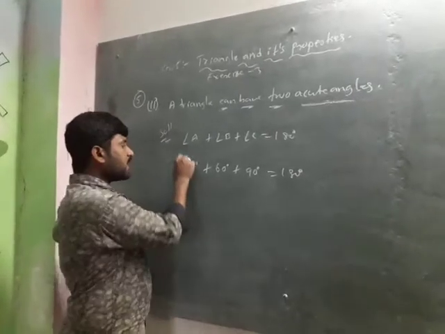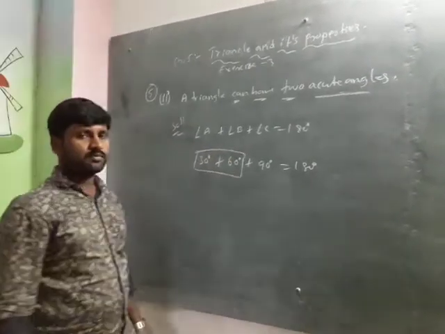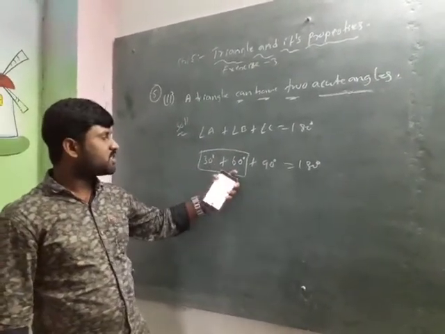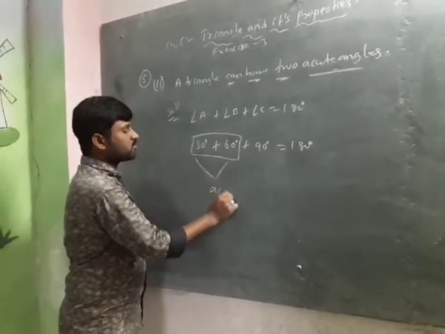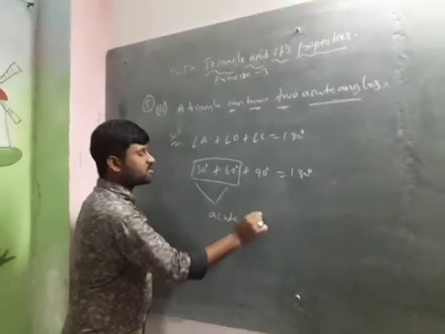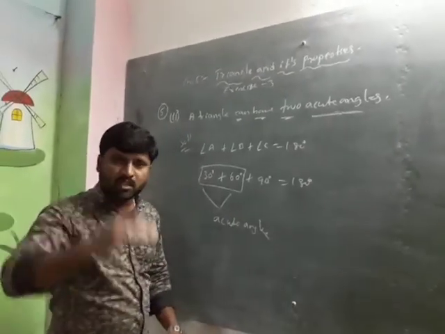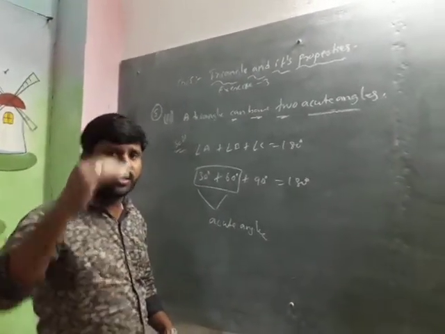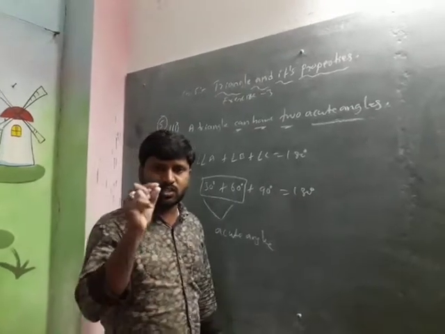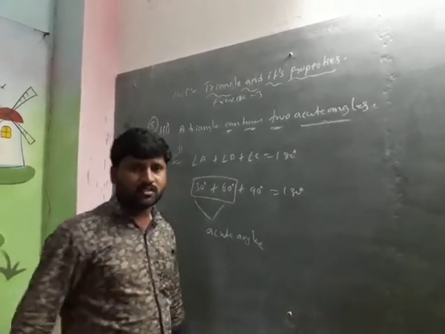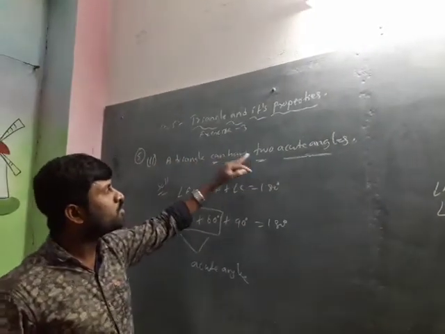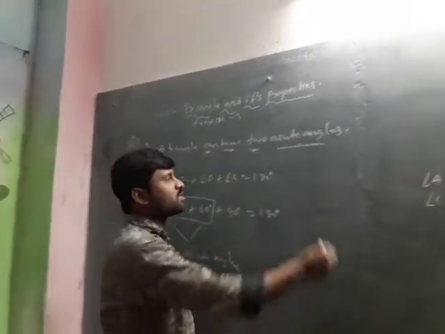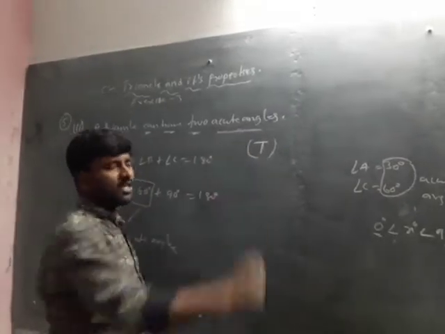Yes sir, clearly the two angles 30 degrees, 60 degrees. These two angles are what? These two are acute angles. అంటే 90 కంటే తక్కువ ఉన్నాయి, 0 కంటే ఎక్కువ ఉన్నాయి. ఓకేనా? So it measures in between 0 degrees and 90 degrees. So that's why we can say yes, the triangle can have two acute angles. So that's why this is the true statement.